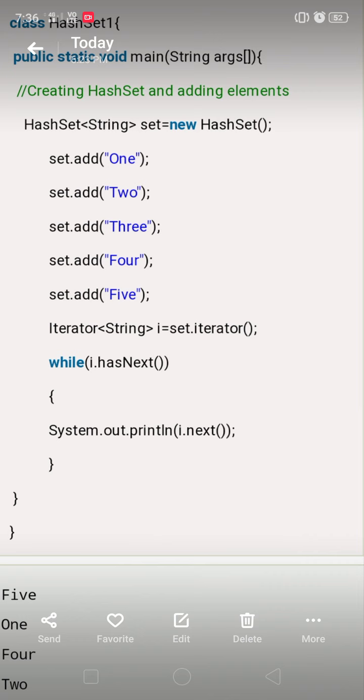Here we are invoking the predefined next method, which every time checks whatever element is there within the collection, and that prints as the output. So the elements we stored in the collection are 5 elements, 1 2 3 4 5, and as I said before, it uses the hash function and doesn't follow the insertion order. According to the hash value it stores the elements into the collection. That's why we are getting random order, 5 1 4 2, and the next one is 3, as the output. This is about the HashSet collection.